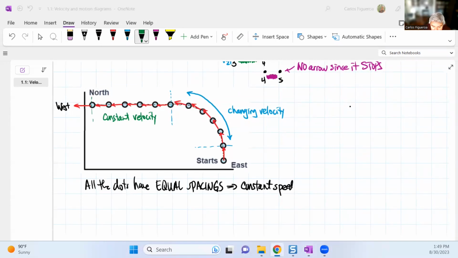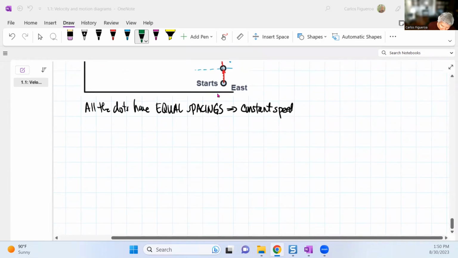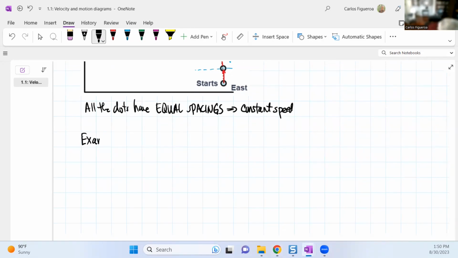So to get practice in drawing these things, let's see if we can get into something a little bit more tricky. No, let's leave it right there. I'm not going to expand this one, but I'm going to try a different question here. Okay, so here's one question that I want to ask you. Now I'm going to give you an example, which is not listed. So here's what we find here. I'm going to give you a series of little pictures, and then I want you to draw the motion diagram